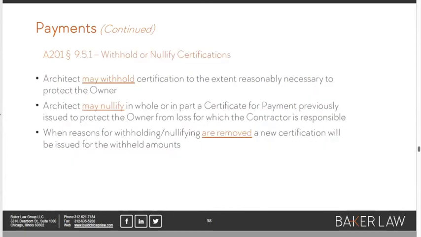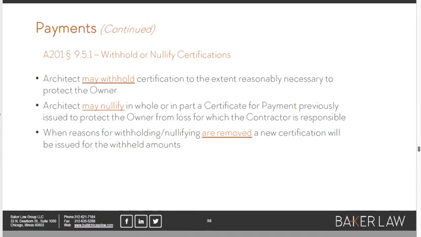Again, the architect is empowered to protect the owner. And one of the real important ways that the architect is empowered to do that is to either withhold a payment certification or, and this might surprise some of you, to nullify one that was issued in prior months. The general condition says the architect may withhold certifying a pay application to the extent that it's reasonably necessary